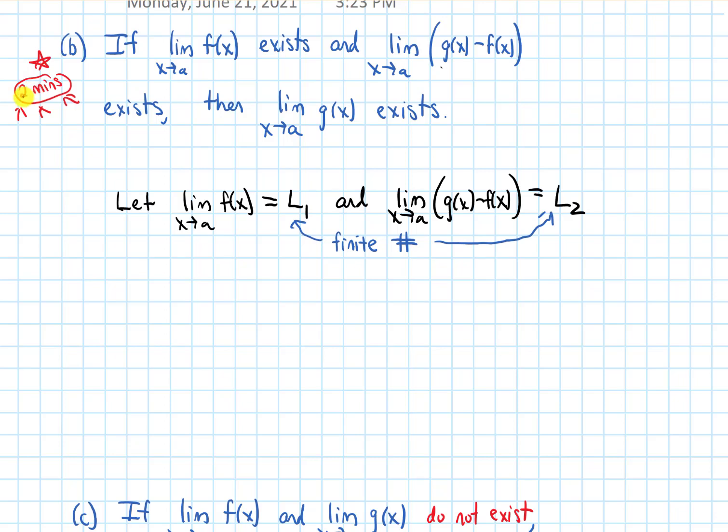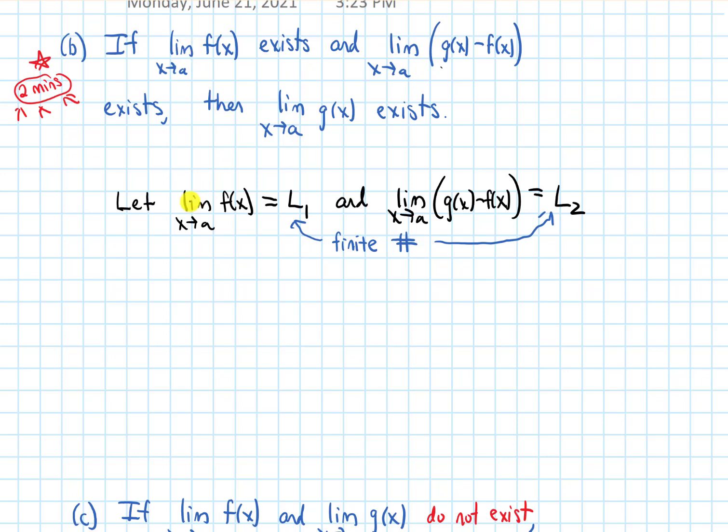Alrighty, so hopefully you tried it for about 2 minutes. That probably wasn't enough time to finish the question, but that's okay. Let's start to talk through some of the ideas together. One of the things that this setup reminds me of is some of the limit laws. And part of what the limit laws say is, if you have some limits that exist,